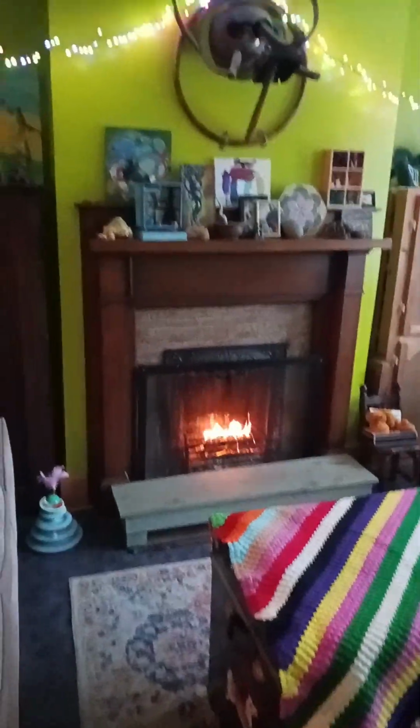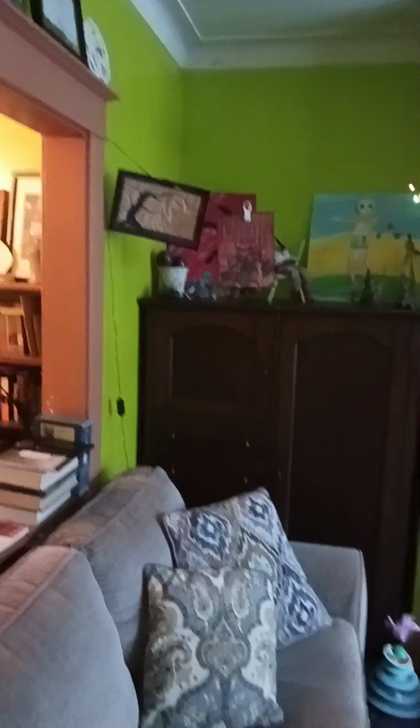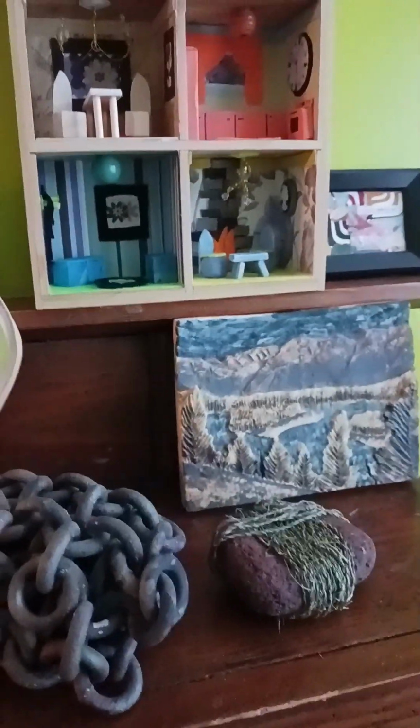And what else did I do here? I tidied the dining room, or the living room. It's been a state since Christmas was dismantled. So I hung up some fabric art that's been tucked away, and I sorted the mantelpiece and put lots of our special things on it. So some of my new dollhouses and some twine on a brick that I made in the summer,